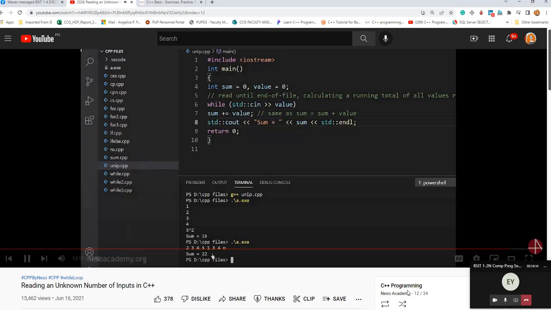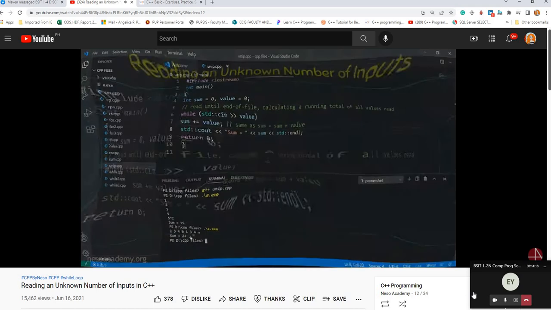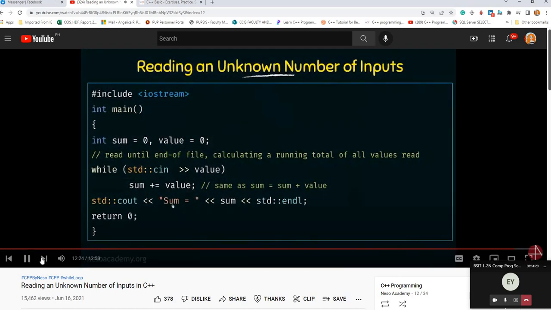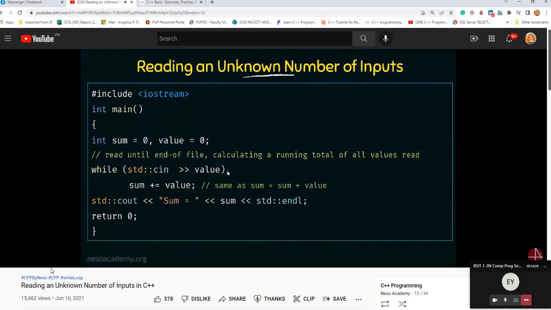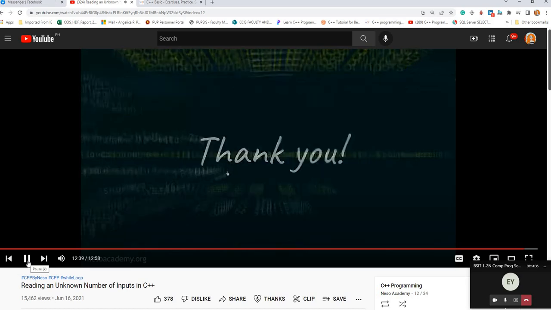So that is how we can accept an unknown number of values from the user and we can add them together. So with that, I hope you have understood how we can use the iStream as a test condition, and using that we can read an unknown number of inputs from the user and we can break out from the while loop by entering the end of file value or an invalid value, which will break from the while loop. So I hope